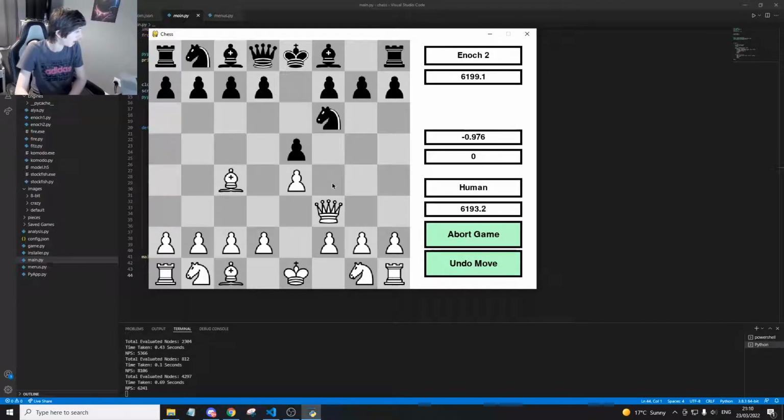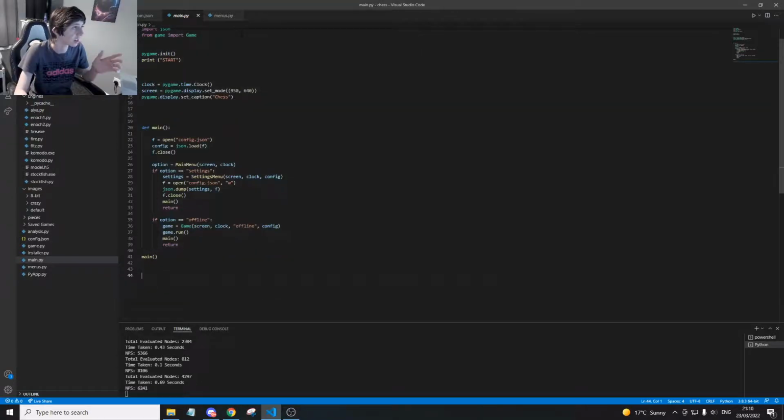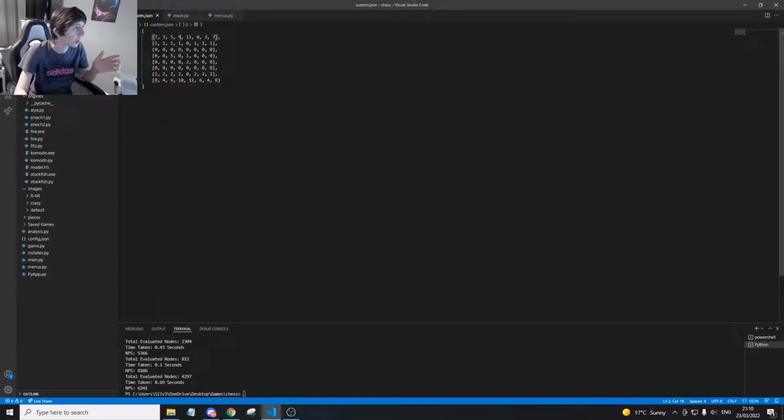Okay, I've got my next test. The AI should promote a pawn instead of taking a free knight. The AI sees a knight as worth 3 points and a queen is worth 9 points, so it should always promote instead of capturing. So I'm just going to go back into my custom board again, and we're going to grab a pretty much blank one, and I'll say